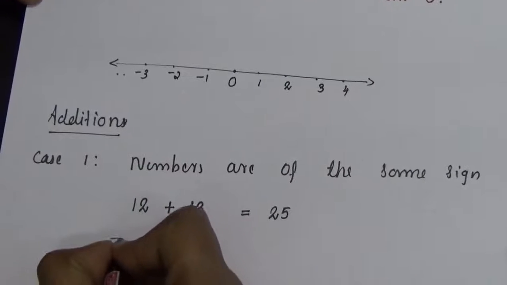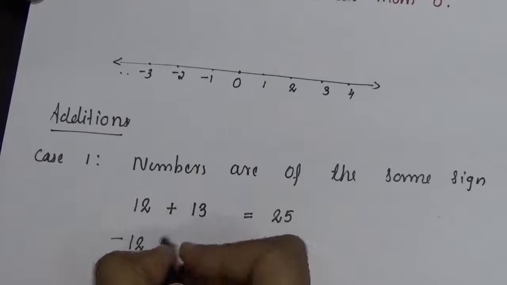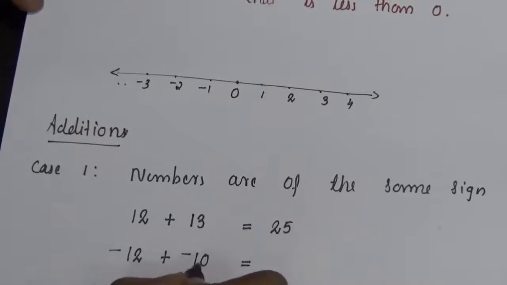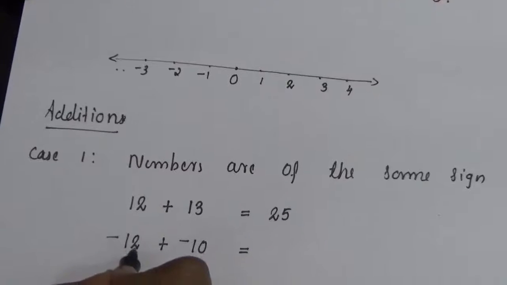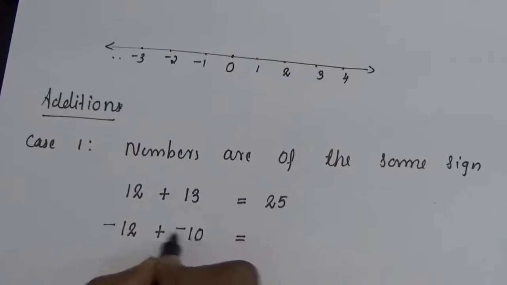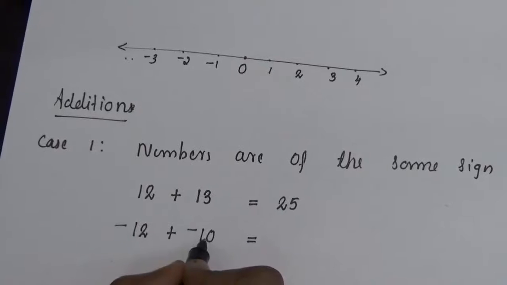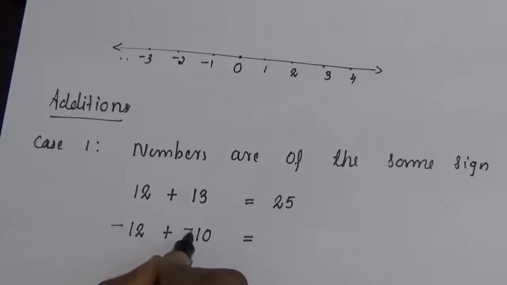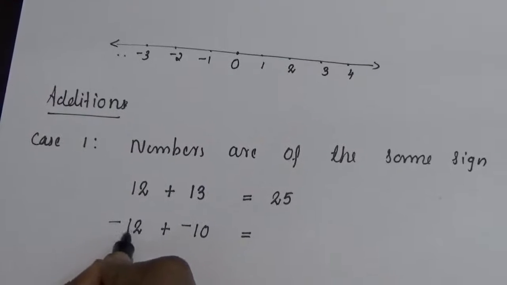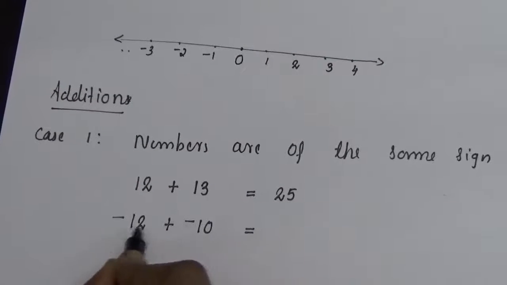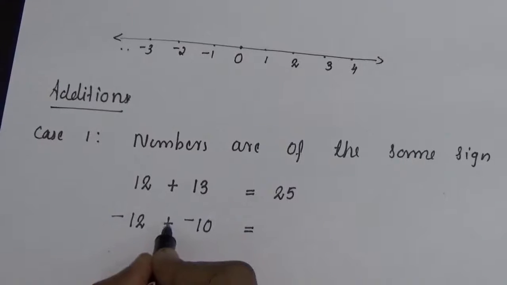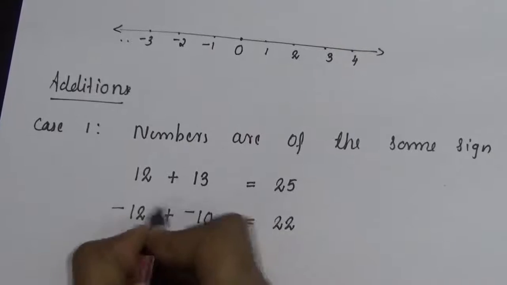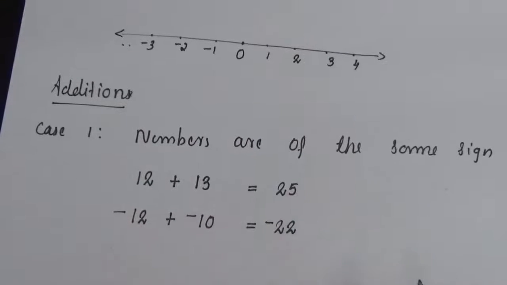Next we are doing the addition of two negative numbers. That is -12 plus, suppose it is -10. We are adding two negative numbers. -12 is a negative number, -10 is a negative number, so we have addition of two negative numbers. In that case, without considering the signs of these two numbers, you will get the number 12 here, you will get the number 10 here. So add those two numbers without considering their signs. What do you get? 12 plus 10 is 22. Now put the same sign. The sign is negative, so this is -22.